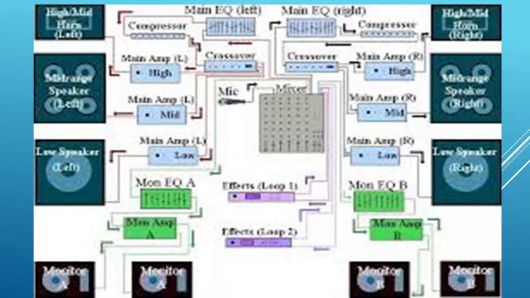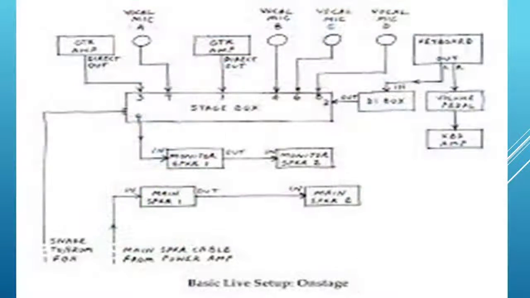This is also a typical example of a live stage setup where you are going to have your devices placed within the auditorium. So you see a lot of diagrams, each one representing something. This is a typical diagram for a live band setup. Just as I said, we'll have an extensive lesson on how to draw a typical diagram, so you better appreciate what you are seeing there. I know it's going to be a little bit cumbersome, but once we take you through how you'll be able to put an extensive diagram together, you will find this interesting.